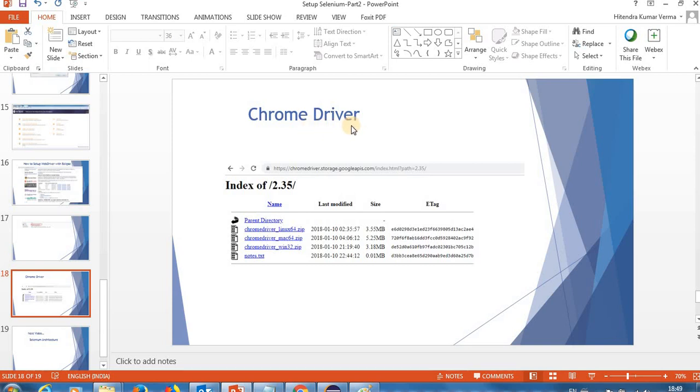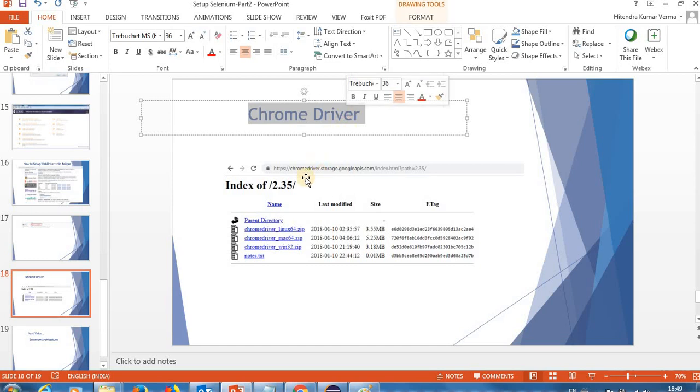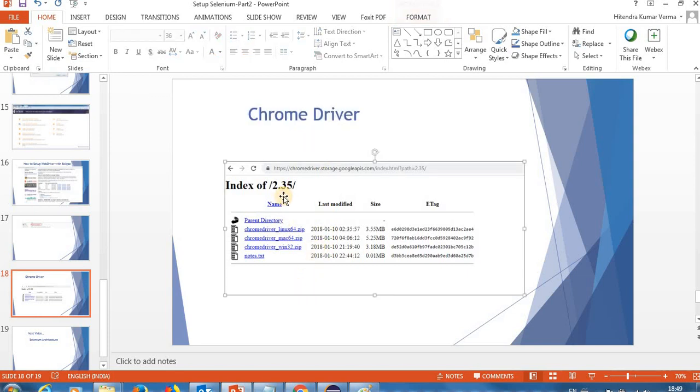and I'm going to use Chrome version 73. So for that we need a driver. From this link, you can get the Chrome driver. This is version 2.35. Since I had a problem with the latest version of Chrome driver, that's why I have downloaded this version 2.35 to use with the latest Chrome version, which is 73 as of now.